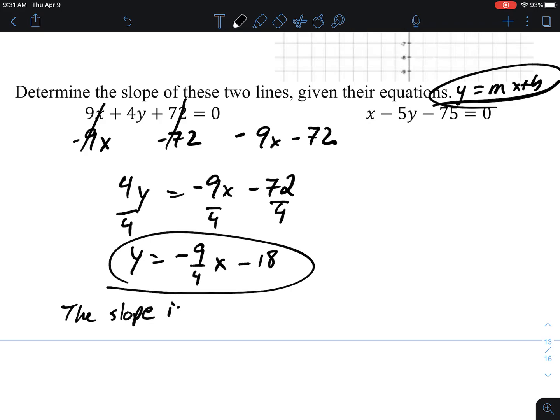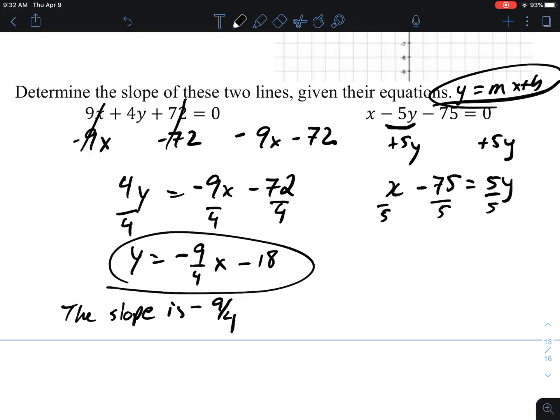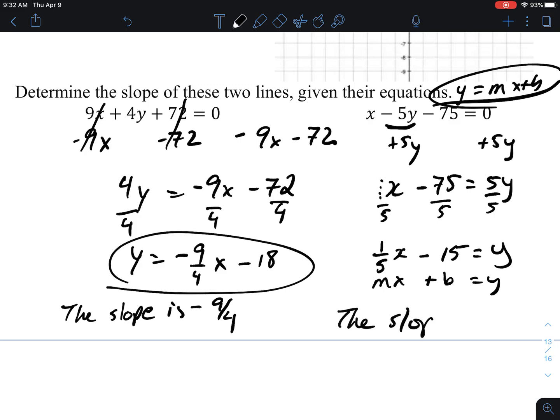What is that, 18? All right, so the slope is -9 over 4. And this guy, notice how this time the y coefficient is negative. I'm going to just add that over here first. So then I get x minus 75 is 5y, because I like to divide by a positive number, and then I don't have to worry about switching signs and so on. So x over 5, remember that that's 1x. So my slope is 1 over 5, x minus, and this turns out to be 15, is y. So this is mx plus b. It's just written backwards. But the slope is